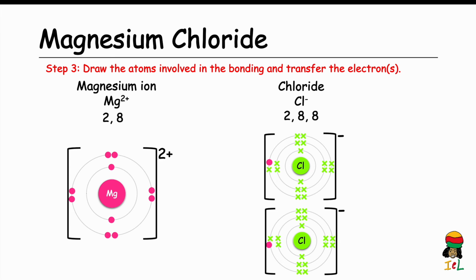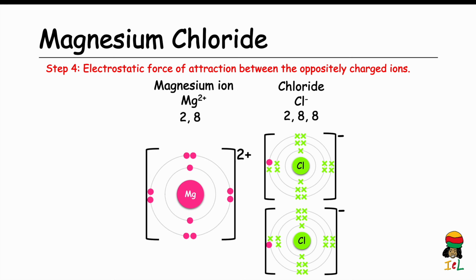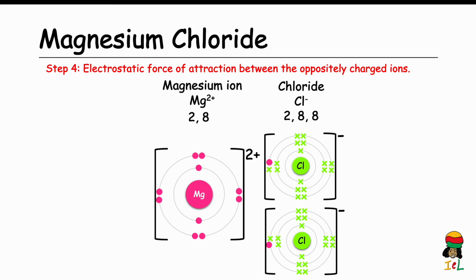So the symbol for the chloride ion is Cl- because each chloride has only 1 electron that it gains. And the stable electron configuration for chloride is 2, 8, 8. That is, we are giving the information for just 1 of the chloride ions. And for the final step, step 4, we're going to show the electrostatic force of attraction that pulls the oppositely